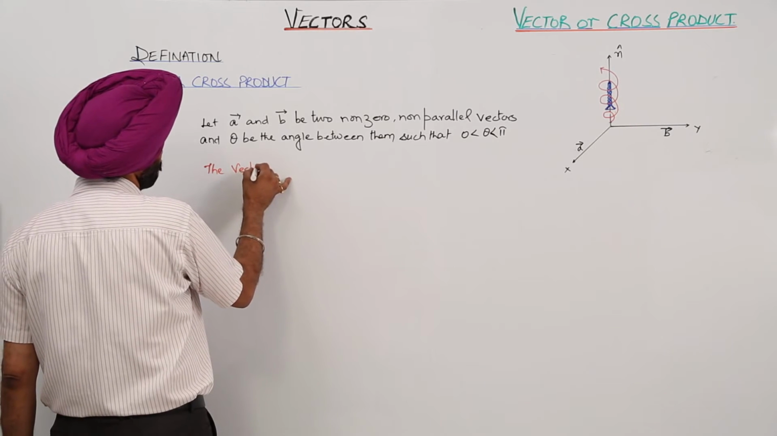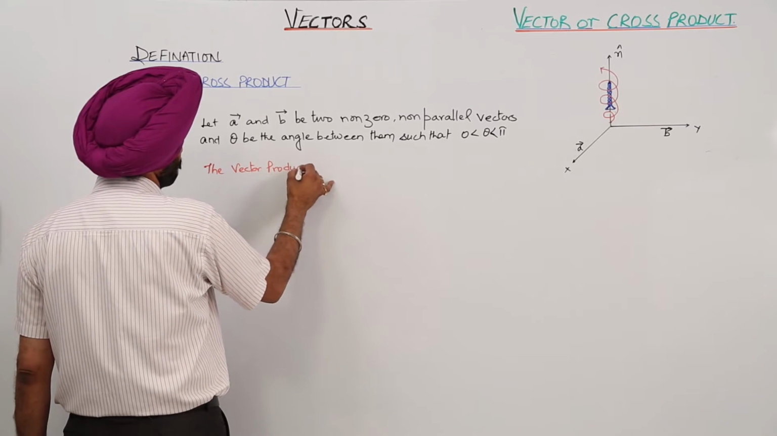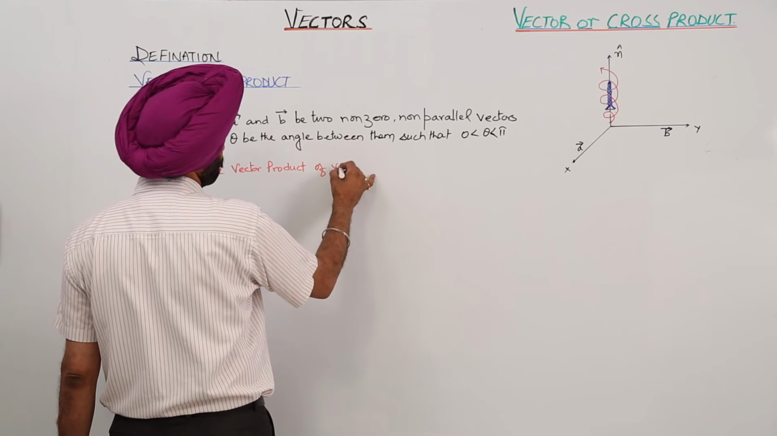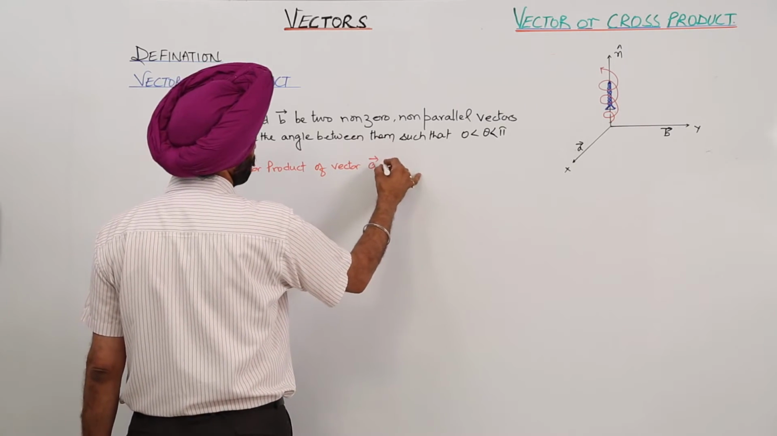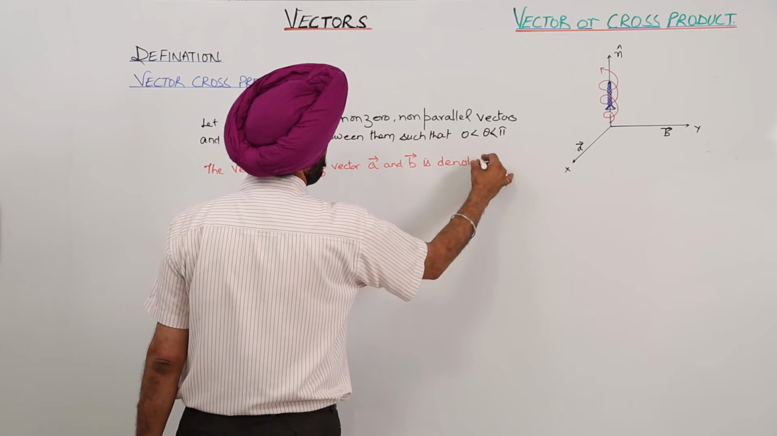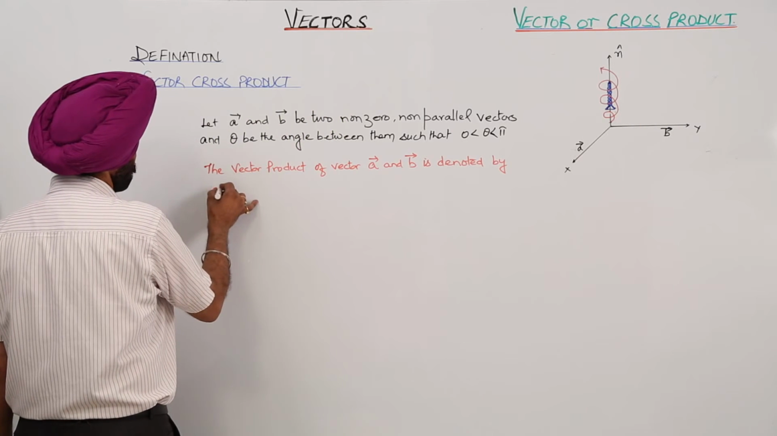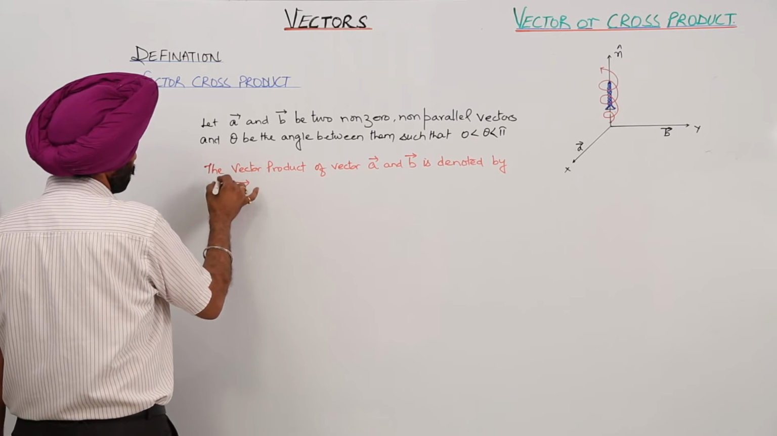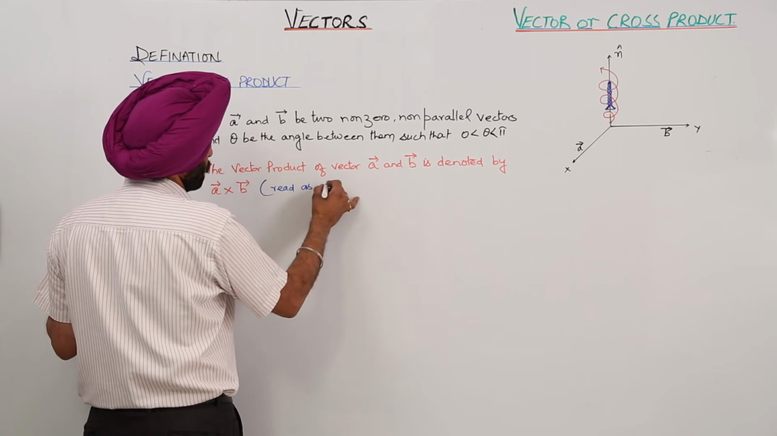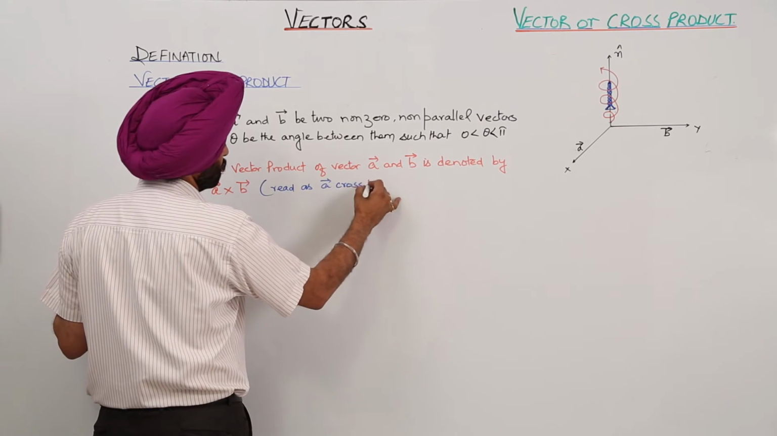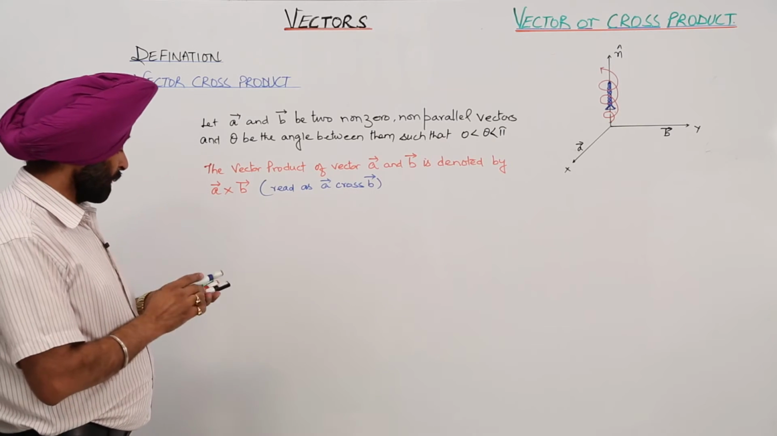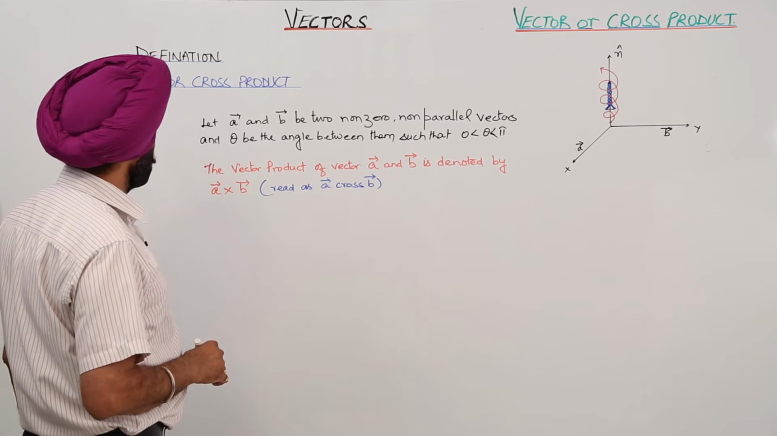Now the vector product of vector A and vector B is denoted by vector A cross vector B, read as vector A cross vector B. We pronounce it like this: it is not A X B, it is vector A cross vector B. So the vector product of vectors A and B is denoted by A cross B